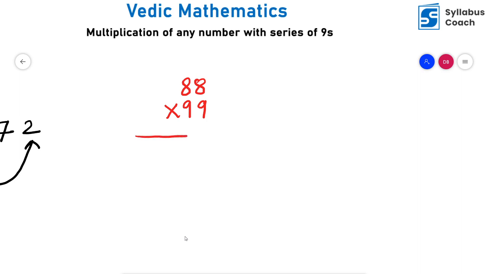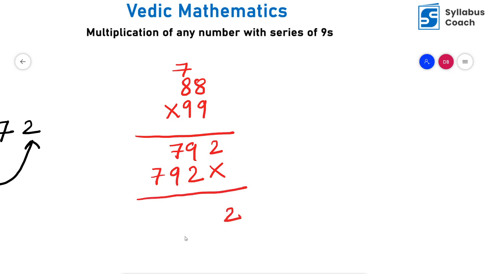Before we actually use the technique, let's try to calculate this question using the traditional method of multiplication. So what is 9 into 8? It is 72, isn't it? And then 9 into 8 is 72 again. 72 plus 7 is 79, right? And now you have 9 into 8 again, which is 72, and 9 into 8, 72 plus 7, 79. Therefore, the answer for this question is 2, 11, and then 9 plus 10, 17, and then 8. So the answer for this question is 8712. So this is the traditional method of multiplication.